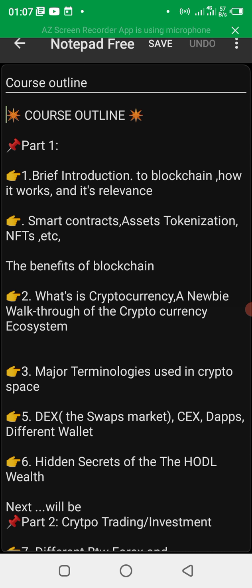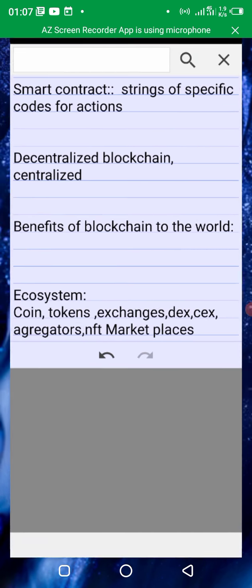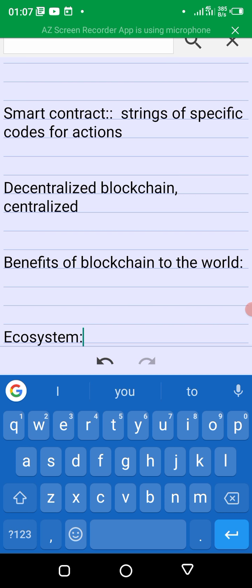But before we do that, I want to quickly mention that in blockchain, we have two types of blockchain. Basically, we have the decentralized blockchain and the centralized blockchain. Though despite the fact that blockchain technology is actually a distributed record keeping system, it can also be centralized. That means it can also not be decentralized, in the sense that